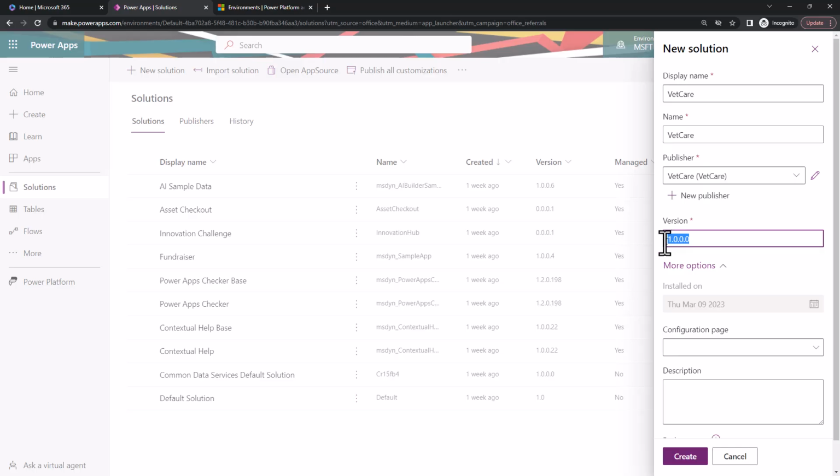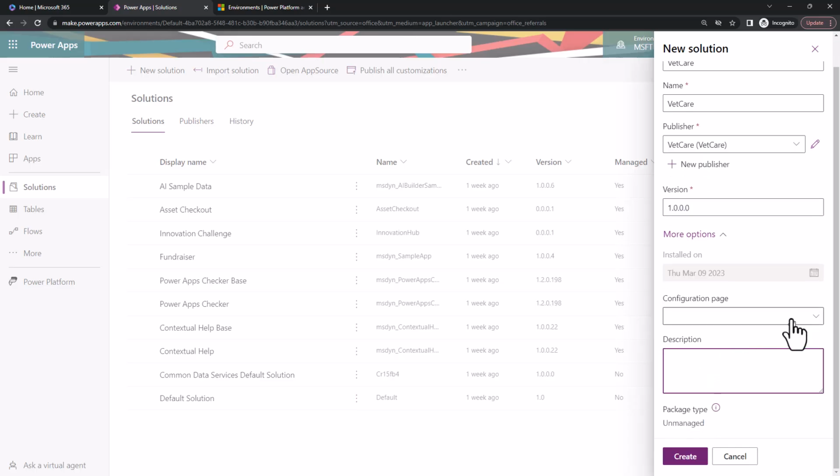And what is the version? It is a brand new solution, so I leave it as 1.0.0. Okay, and if you want any custom pages, for now just leave it as it is, and provide a description for the solution. This is for wet care project